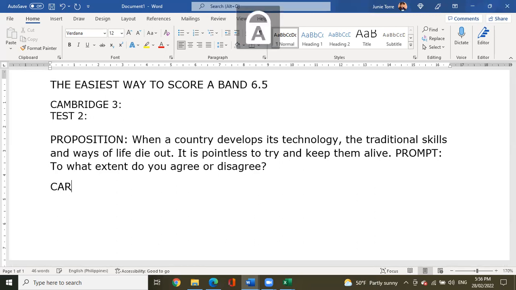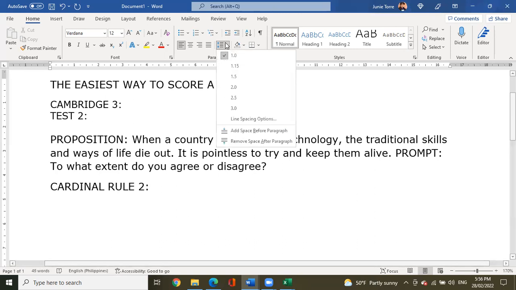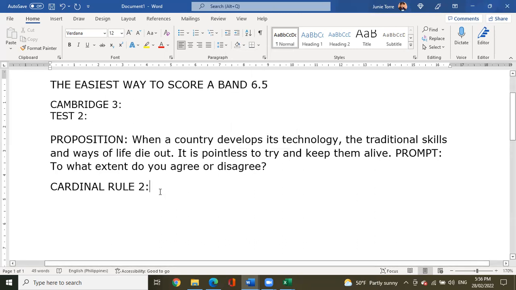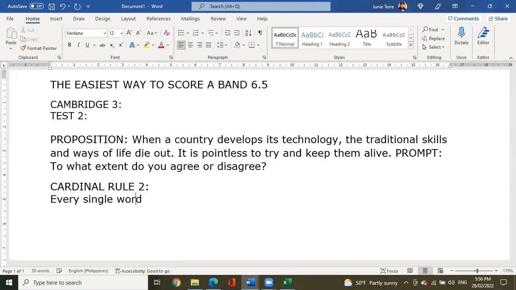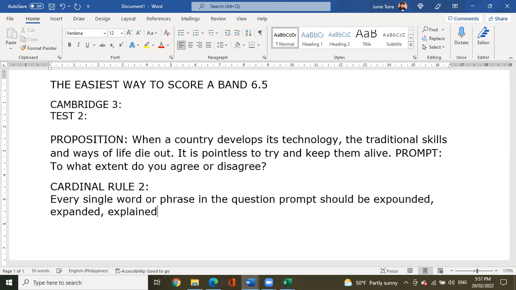Guys, there is a rule which we state as cardinal rule two. I cannot emphasize this enough. This rule was first emphasized in video 3, I believe. Like the FAQs on the A1 and A2 style, correct? It's either 2 or 3. So, every single word or phrase in the question prompt should be expounded, expanded, explained, and